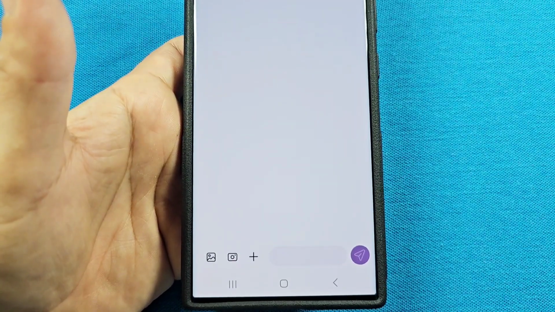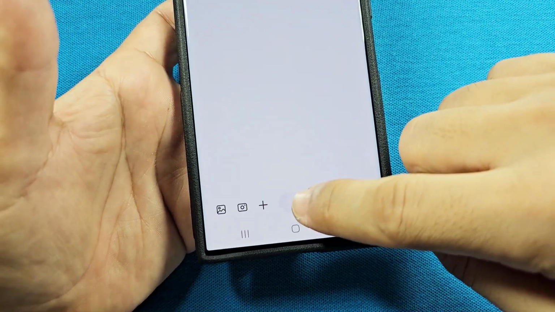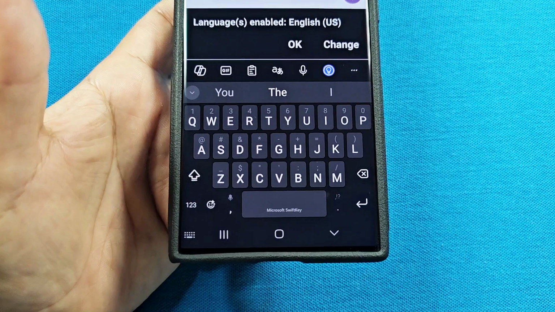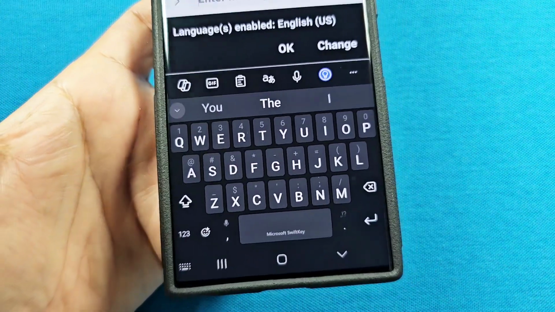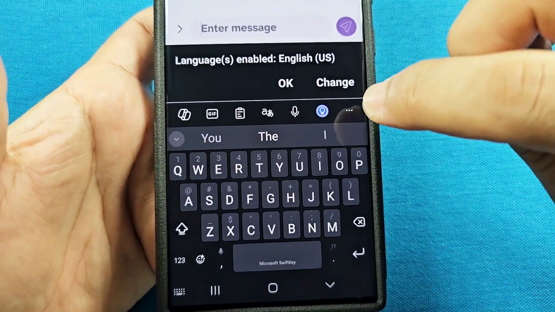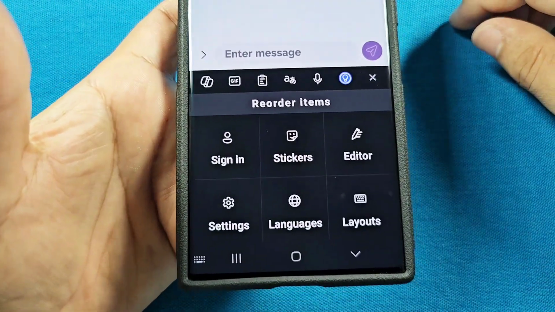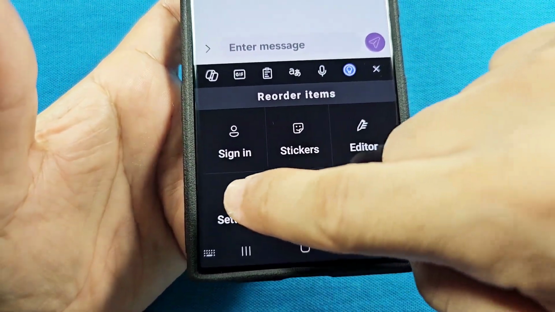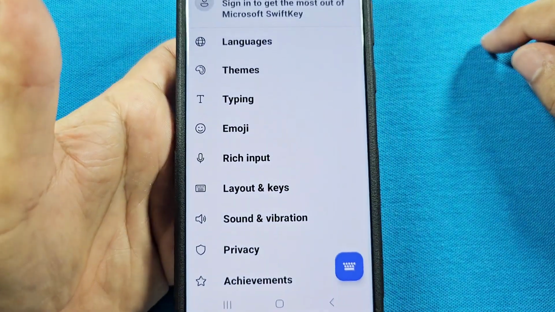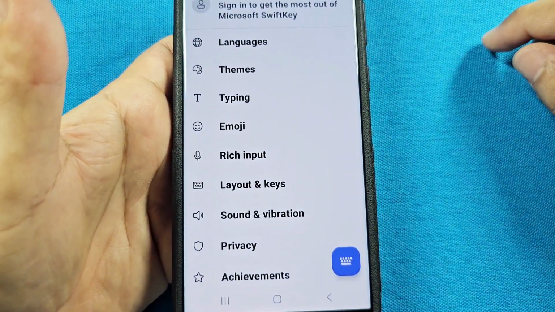To show these tiny symbols on your keyboard, go ahead and tap in any area that would allow you to show your keyboard like this here. Then in the top right, you'll see the three dots here. And once you're in this section, you'll see settings. So go to settings, and under the main settings section here, you're going to go to where it says layout